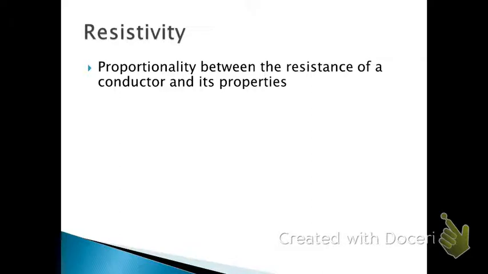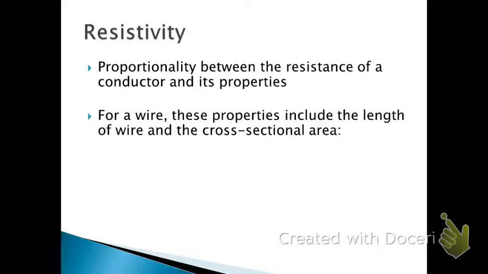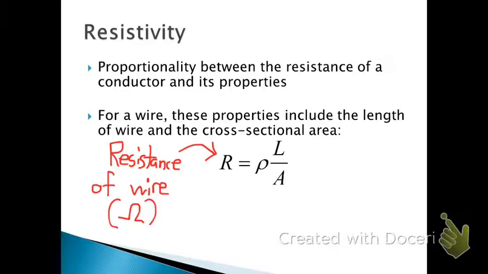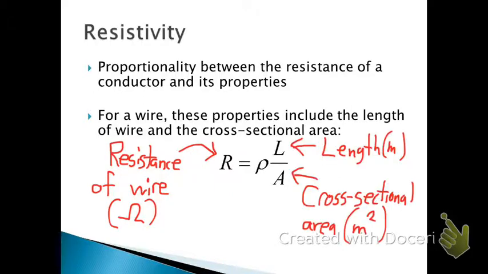Resistivity is basically just a proportionality between the resistance of a conductor, in this case a wire, and its various other properties, like the material that it's made out of, its length, and so on and so forth. So again, the properties include the length of the wire, the cross-sectional area, and the material that it is made out of. So we end up with this equation here. The resistance of a wire is going to be equal to the length of the wire divided by its cross-sectional area, all times this proportionality, and that's what